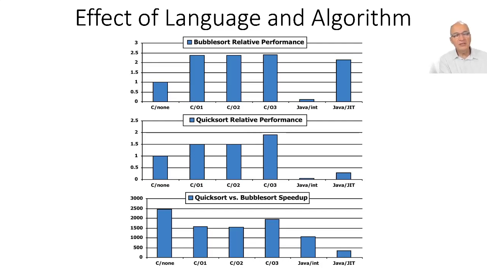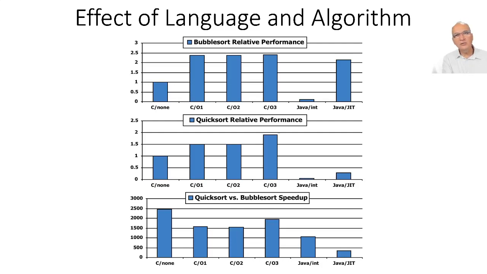But once you have selected the right algorithm, then the choice of language that you use to implement that algorithm is also important, and you should be aware that choosing a language that's suitable for optimization can lead to much better performance. So once you have chosen your algorithm and you have chosen your language, that's when you come into the realm of 229. In 229, we learn how to write assembly code, and we're going to be discussing throughout the course different ways in which we can improve the performance of a program.